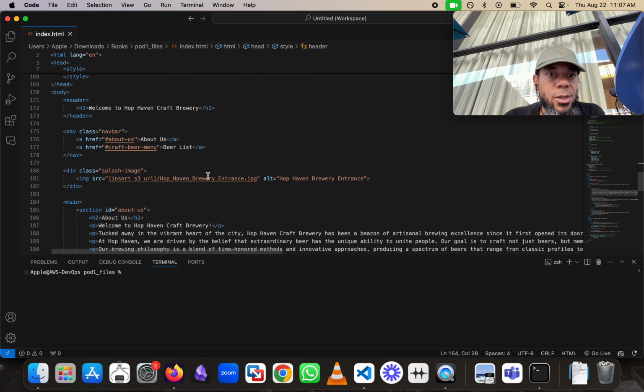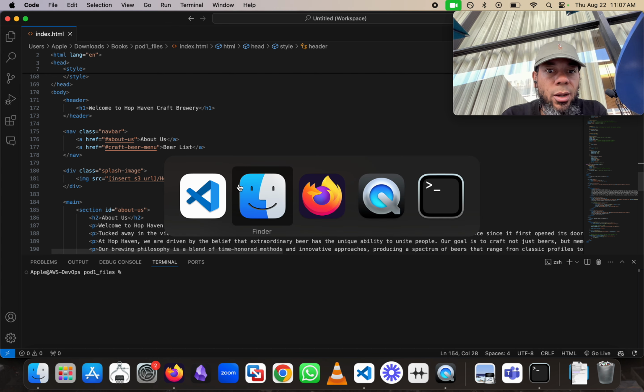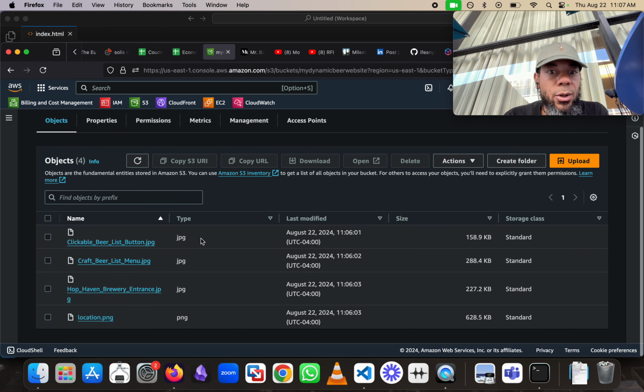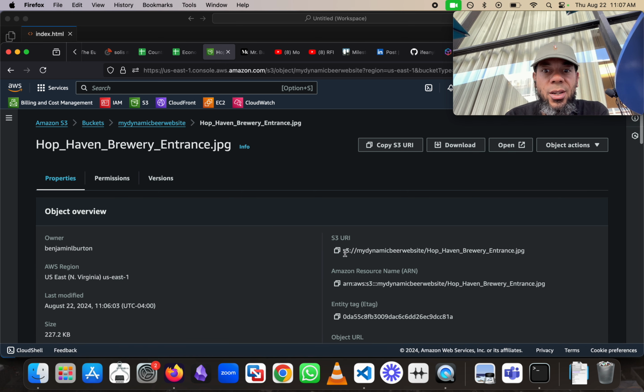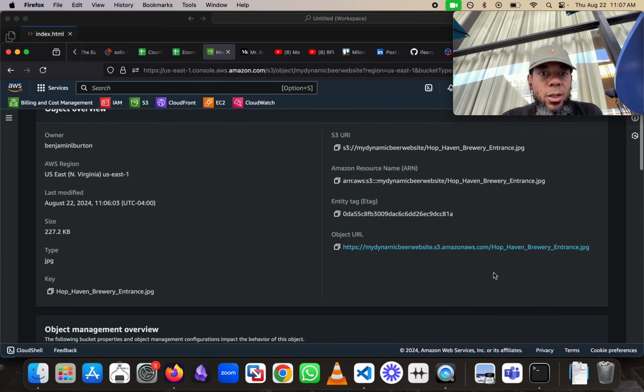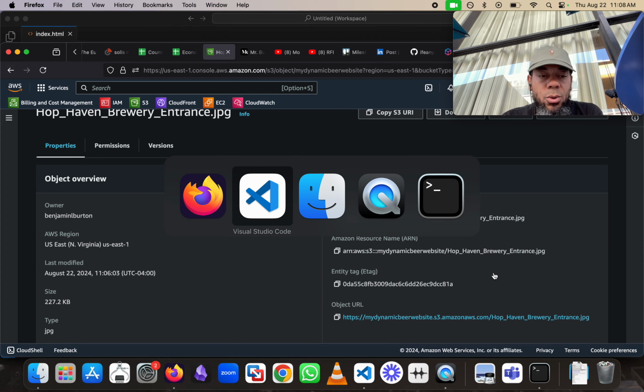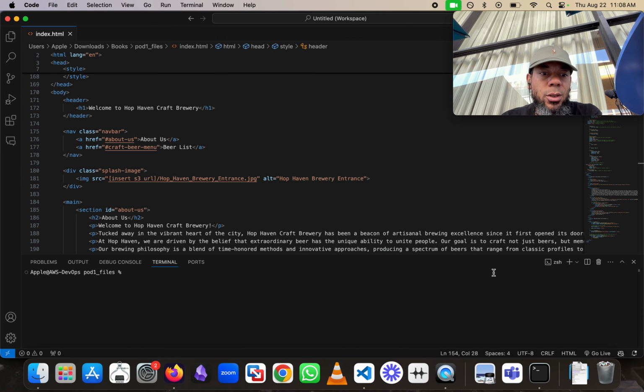So here we're saying insert the image. This is where we want to put the image. This is going to be the Hop Haven Brewery entrance. To find that, we're going to go over to the list, and it's here. Now as you can see, it says S3 this, that, and the other. That's not the actual format of the URL that we want to use. But let's see, how do we want to do this? The format,